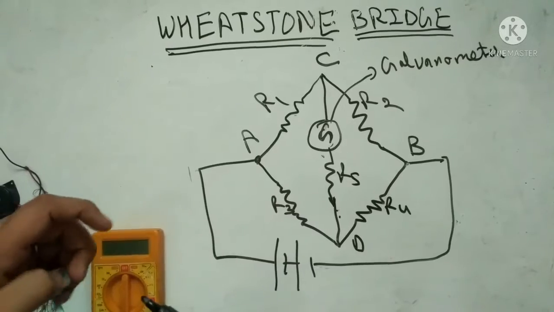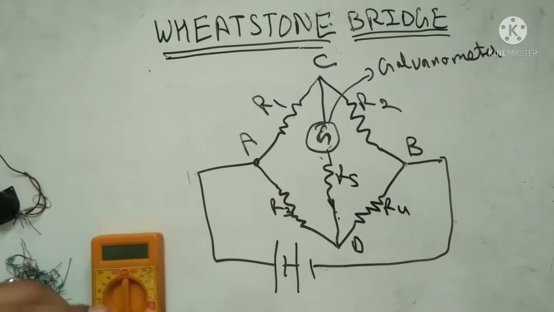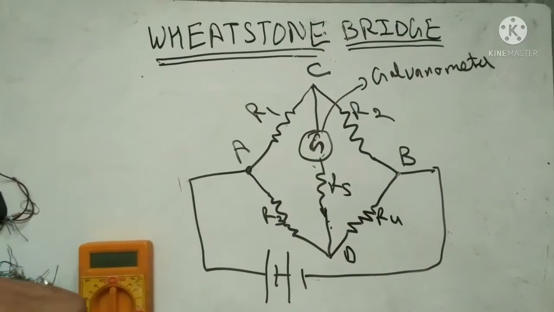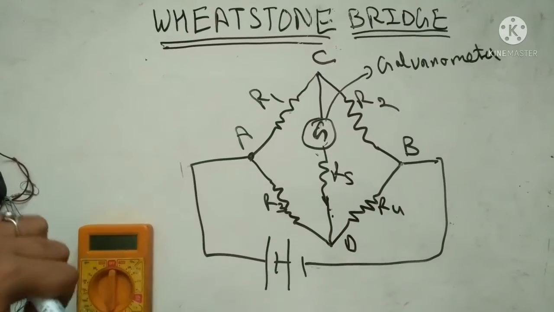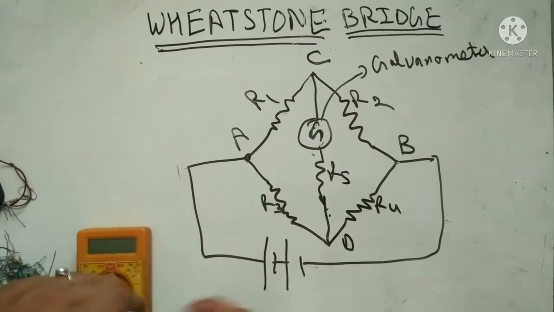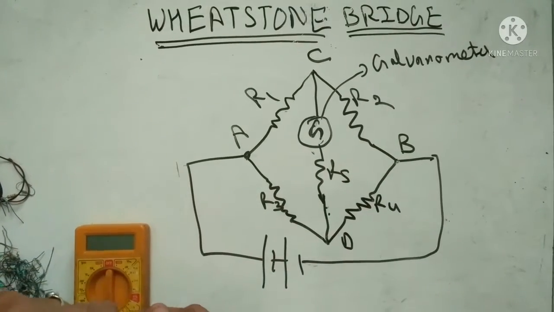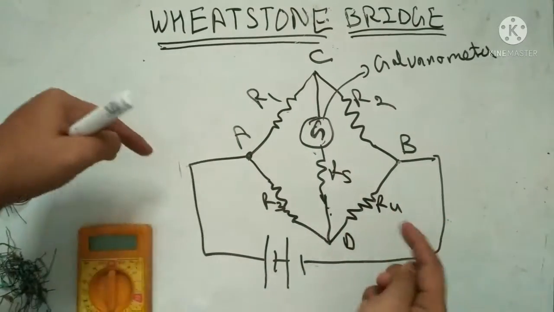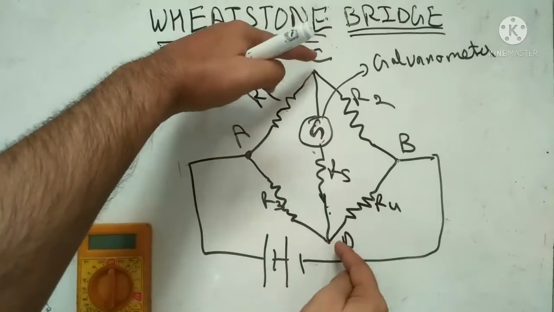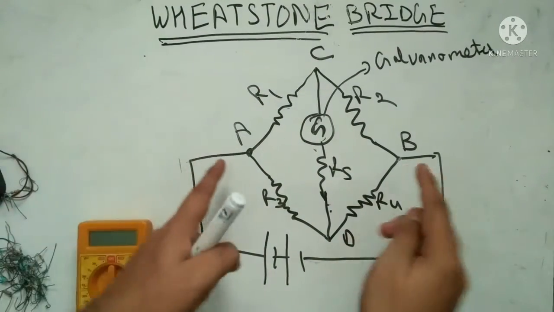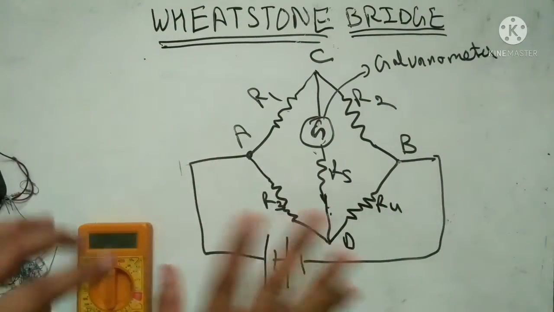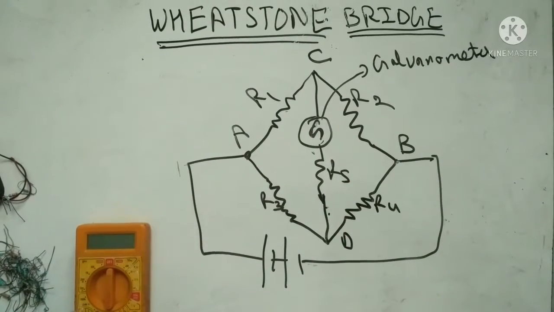The galvanometer is used to check the presence of a current, or to measure a small current in the circuit. You can also connect a voltmeter between points C and D. A battery can also be connected between the C and D points, and the galvanometer can be connected between the A and B points. The structure will be the same.